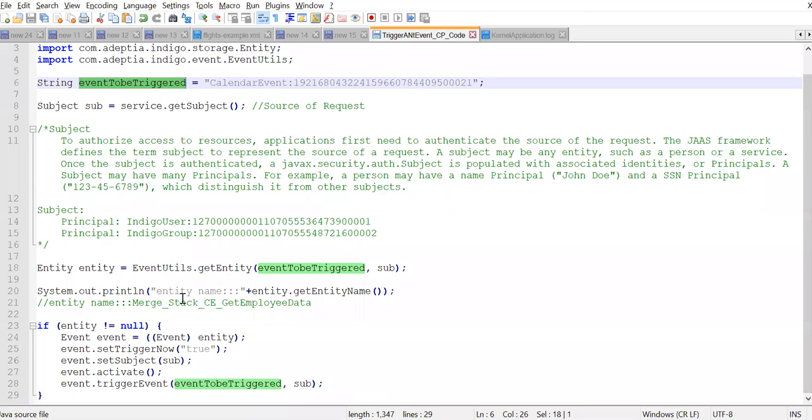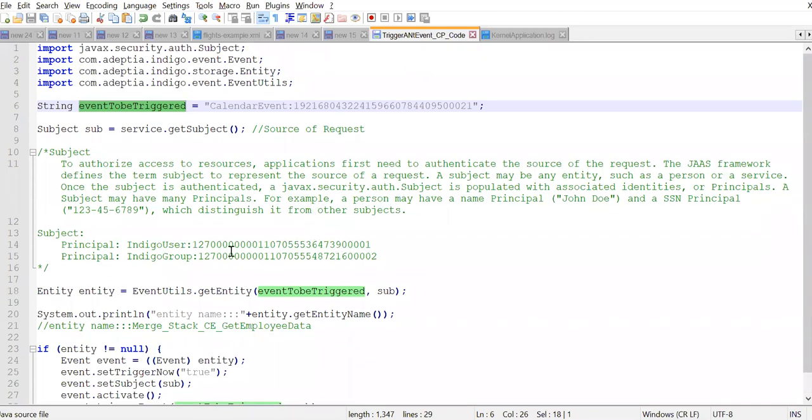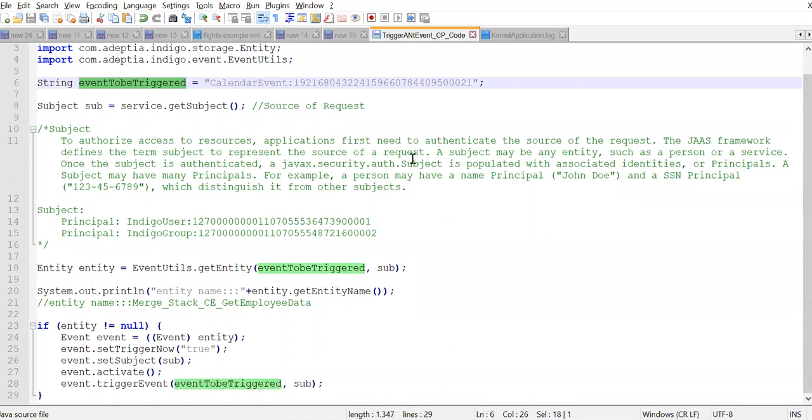You can add this custom code to a custom plugin, and then add that custom plugin to a process flow. Either you can trigger that flow, or you can expose it as an API so that it can be globally available. People just pass the entity ID of the event, and then they can easily trigger it. This code is available on Adaptia help. Let me explain each and every step of what this code has.